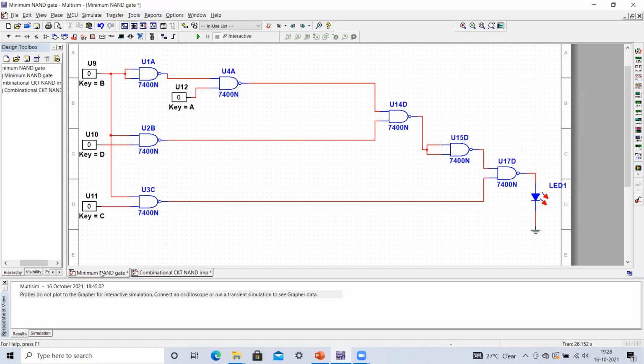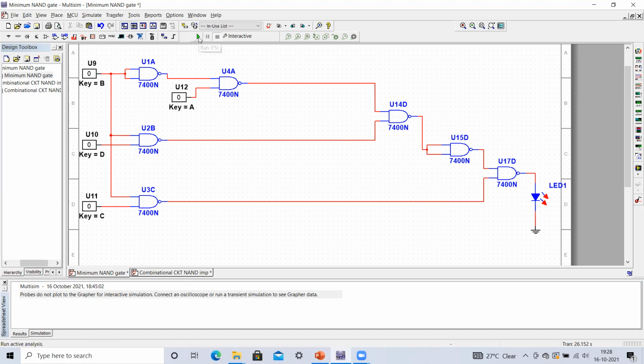If we have implemented this circuit properly, then all the combinations of the truth table should be verified. Here you can see we have these combinations, starting with A equals 0, B equals 0, C equals 0, and D equals 0. Please keep observing. I will be changing these values from 0 to 1 and testing all 16 combinations, and at that time we have to verify whether we have implemented the circuit properly or not.